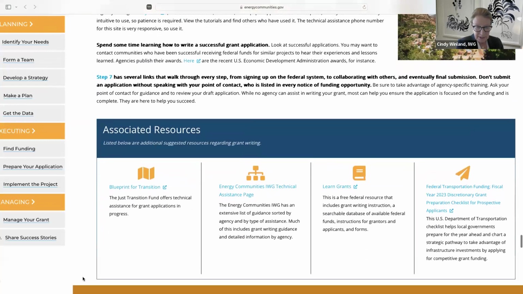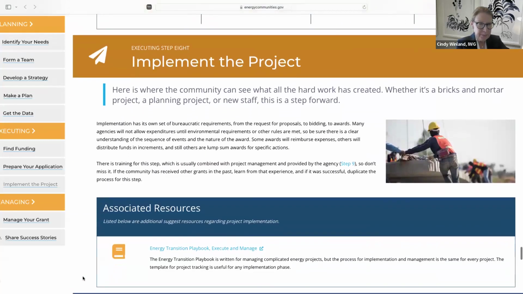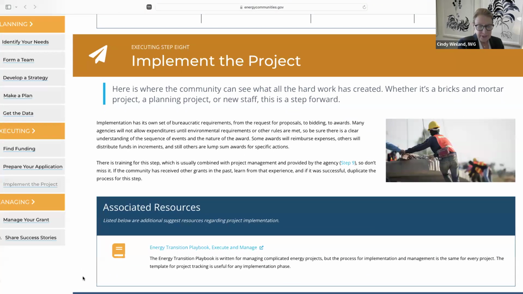So on to implementation and managing. We've combined these two things because, as I mentioned earlier, if you're doing any kind of construction, the sticks and bricks we call it, it's very different at the implementation stage, and it's no small feat to manage a construction project. And because of that, we have fewer examples regarding implementation. However, with respect to managing, if you are awarded a grant, the granting agency will provide you with management training. We'll also note that it's often as much effort to write the grant and win the grant as it is effort to manage it over the course of the cooperative agreement.